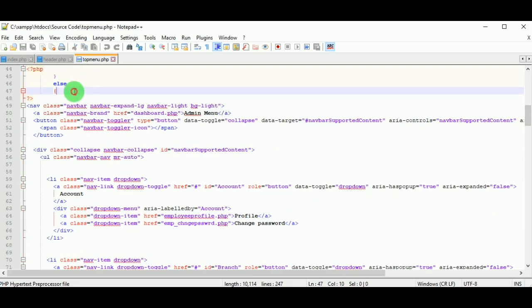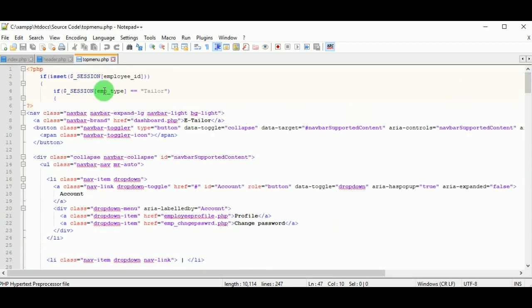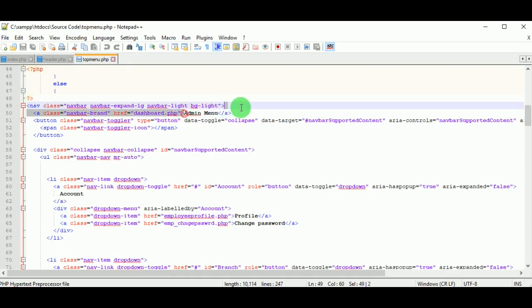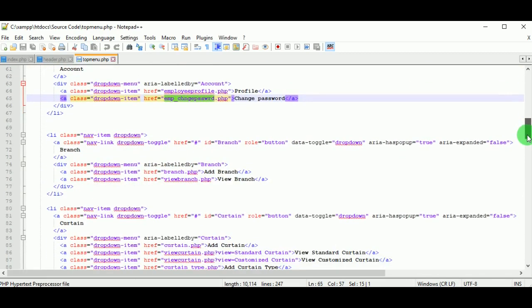Else, if the person who has logged in is an employee but not the Tailor, then he is an admin. Admin has full authority of the website. So what are the menus available in the top menu for the admin? One is account, in which there is profile, that is employee profile, and change password, that is emp change password.